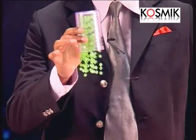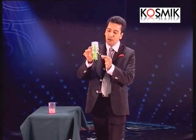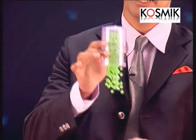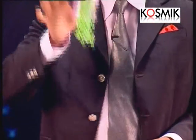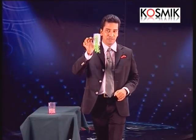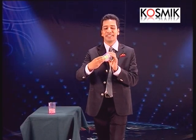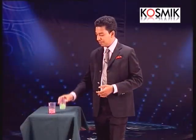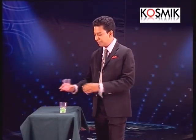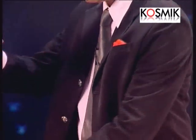You see that? In fact, you use a small fishing line to string these things, and all you have to do is make a small hole there and tie it up there. It's very simple to make, not very difficult. You just have to spend around an hour or so to make this. That's about it. And the other part of the trick is self-working, because you're just taking this glass and